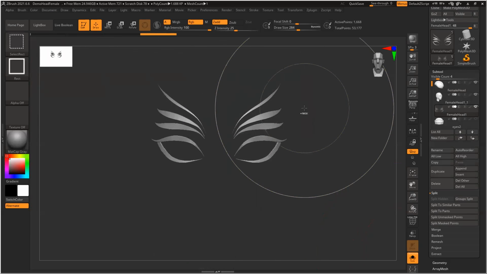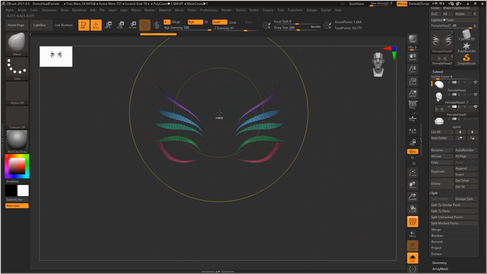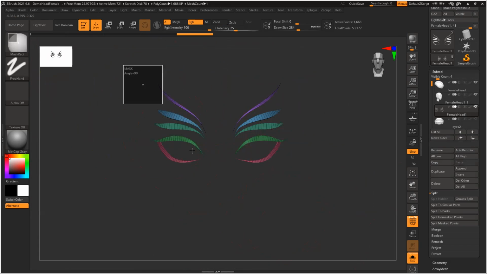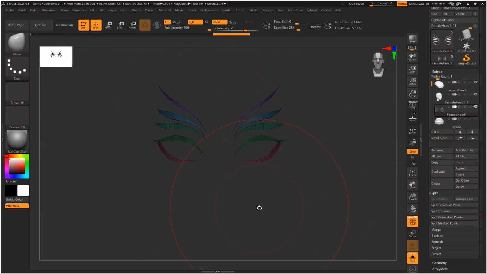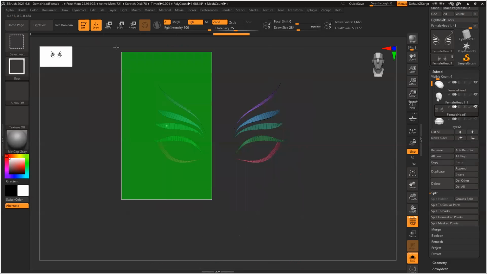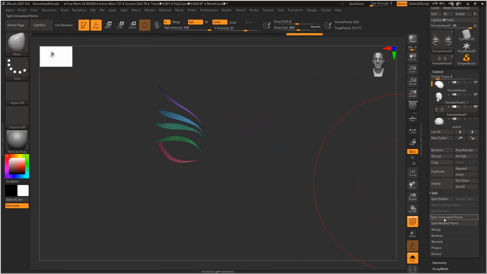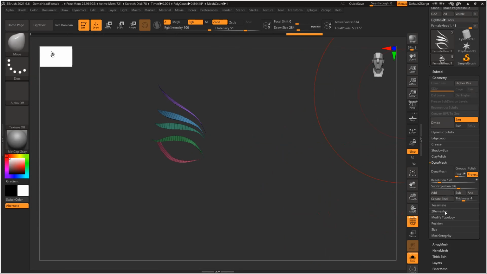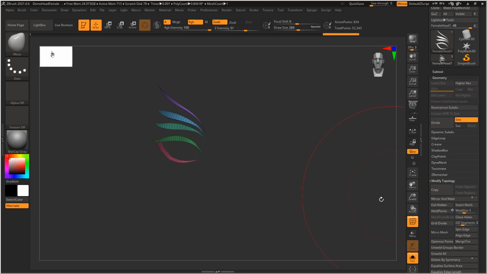Hide it. That's strange. Oh, it's not hiding. Oh, symmetry is on. Oh, my bad. Yeah. Now I can just delete that hidden section. Work on only one side, and on one side I'll delete hidden.